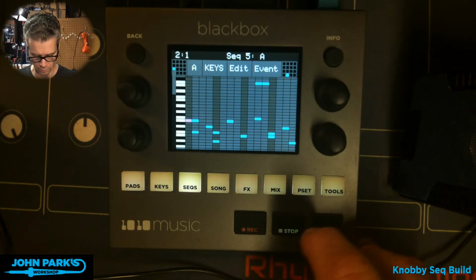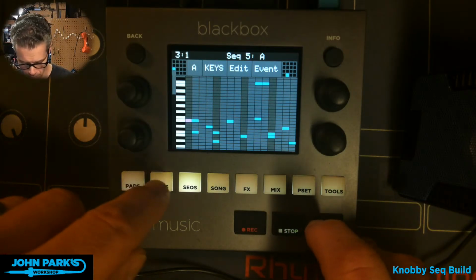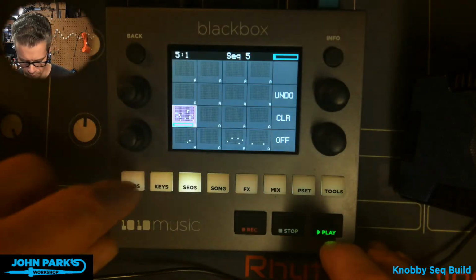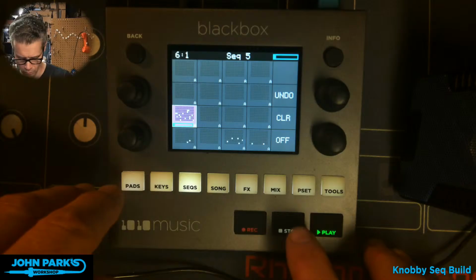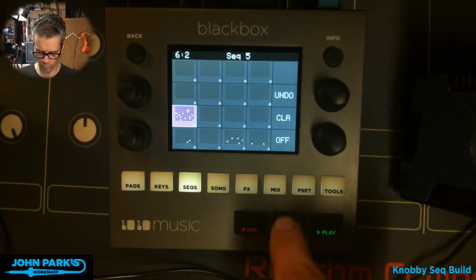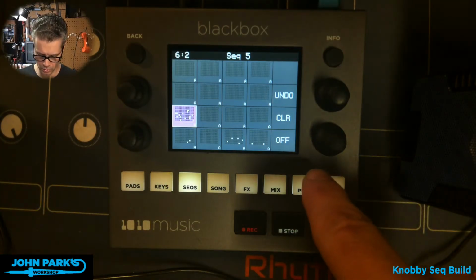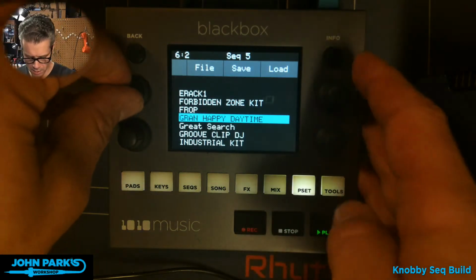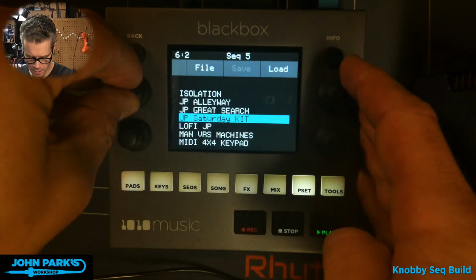Oh, that's what I've got playing right now. There we go. Woo! All right. And what I wanted to do is go to presets and see if I can find